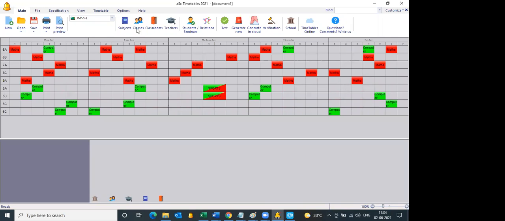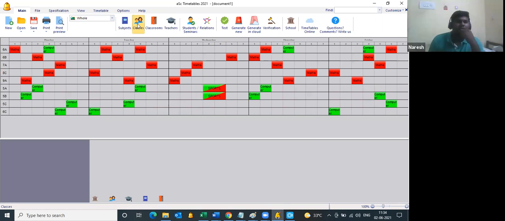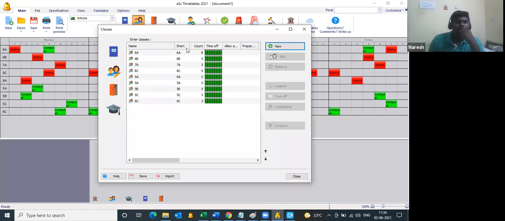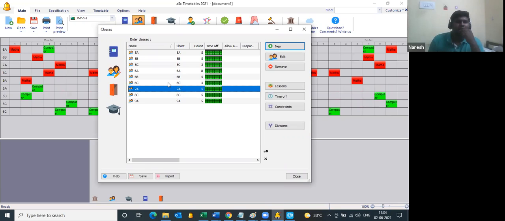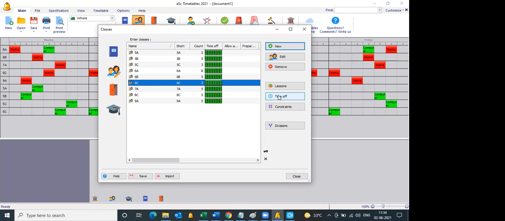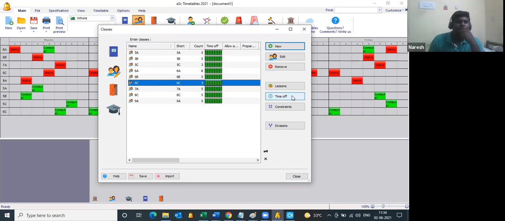Now we have to go to classes. Class 7 and above, correct? Yes. So classes 7 and above, in other words, classes 6 and below will have 6 periods a day. Click on this particular class, and there is an option called time off. Click on time off.